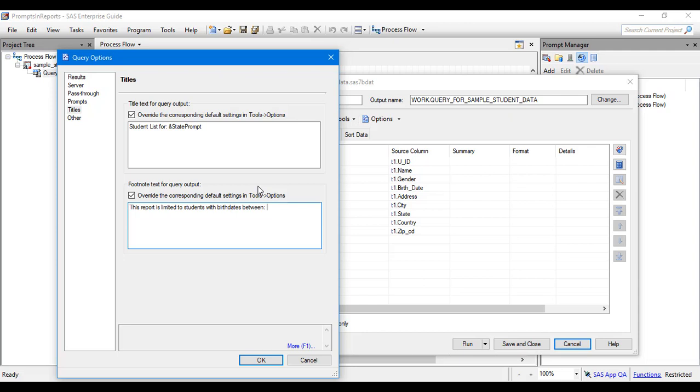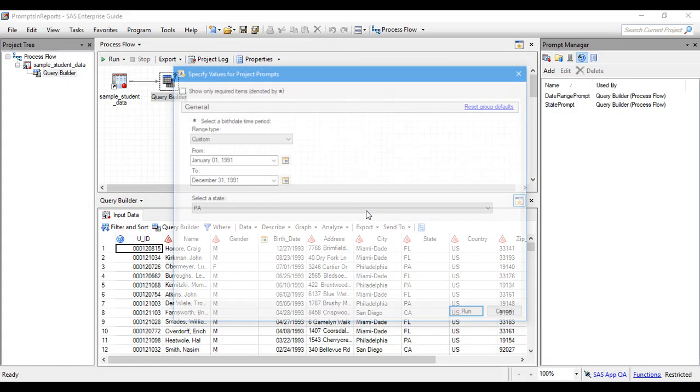So in this case, I'm just going to use my memory to type in date range prompt underscore min, and in this case I'm going to use underscore min underscore label, which will give us the long form version of that date, and then I'll say through ampersand date range prompt underscore max underscore label,